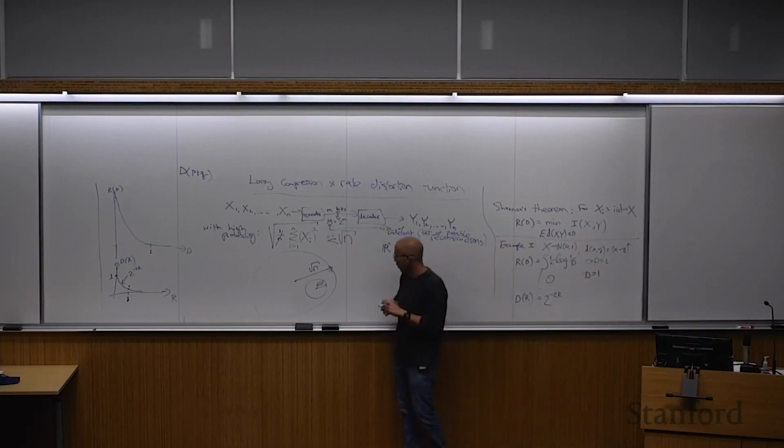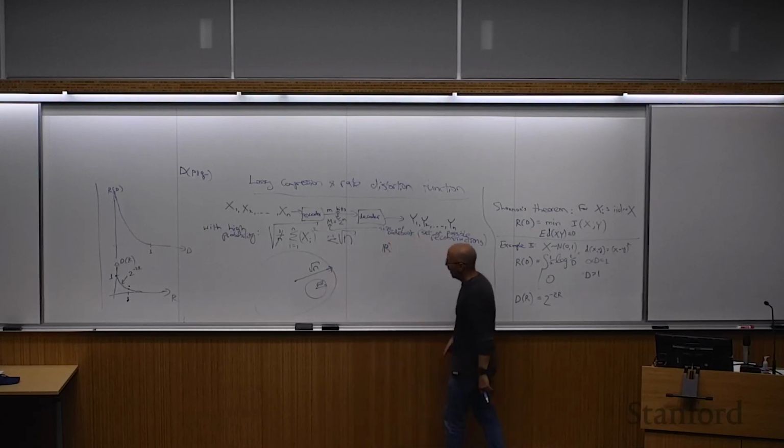Distortion D corresponds to the sum of the squares of the components divided by n being no more than d. So the overall sum is no more than nd. So the overall square root of the sum is no more than square root of nd.